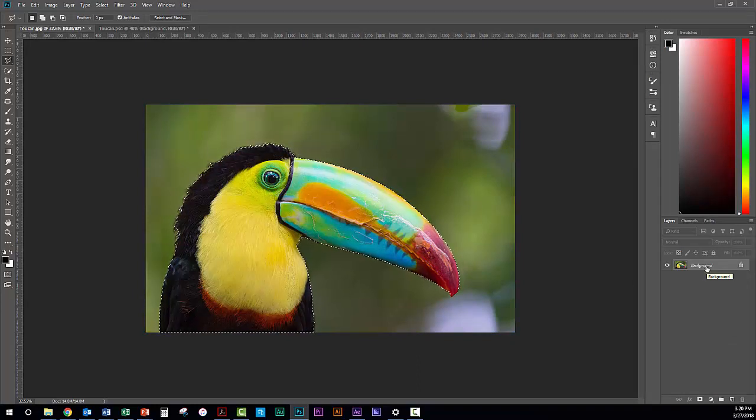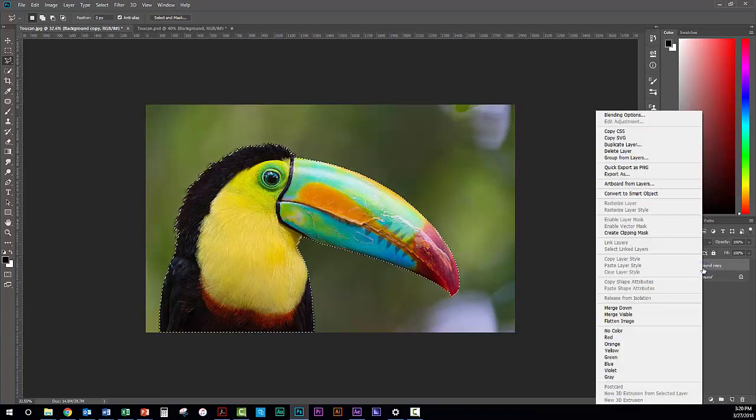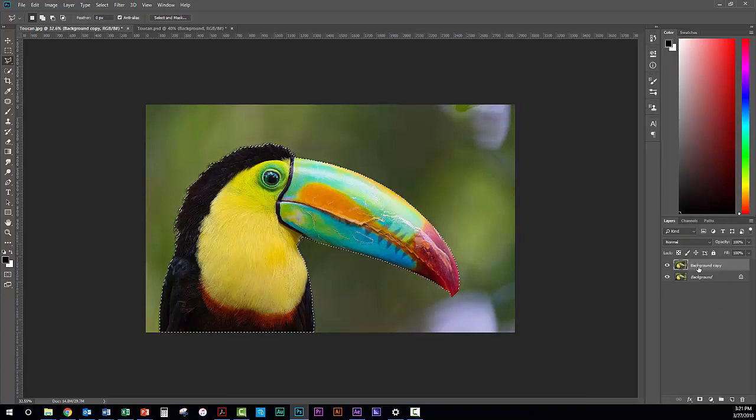Now the next thing we're going to do is make a copy of the background layer. So you can simply drag the background layer down to the icon that's the second from the right. It looks like a little page with the corner turned up on it. You could also right click and choose, where is it? New layer or something like that. I never used that one. Duplicate layer, there it is. Anyway, we are going to rename this